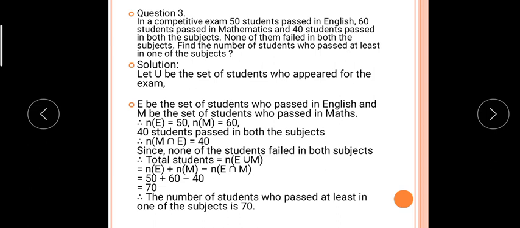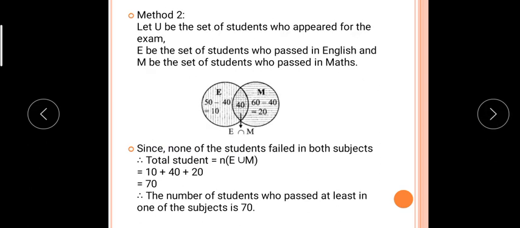So always remember, whenever word problems ask, read it 2 times, then take out what is given, which are the things they have given, and then recognize what we have to find out. Okay, the same example I am going to explain by the Venn diagram. This is method number 2.